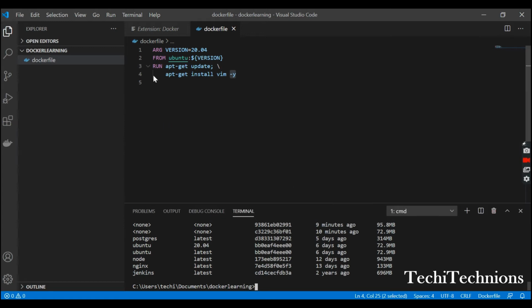Once again I would like to say, you can give a number of RUN commands, or you can give a backslash and add the commands like this. There is no restriction. If you're installing anything through this Dockerfile, then remember to give the -y tag so that it doesn't ask. Some of you must be wondering why I'm not writing sudo. It's not required when you write a Dockerfile. When you build a container with a Dockerfile, or normally also, we don't write it, because the root permission is there, so we don't need to write sudo here.